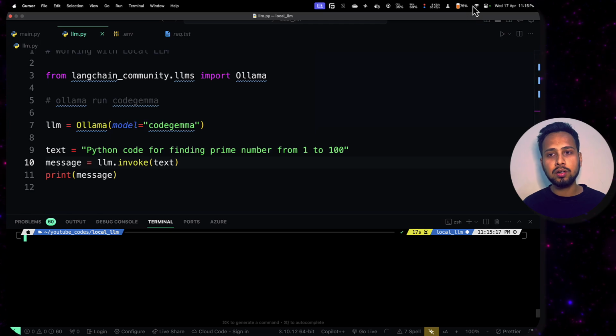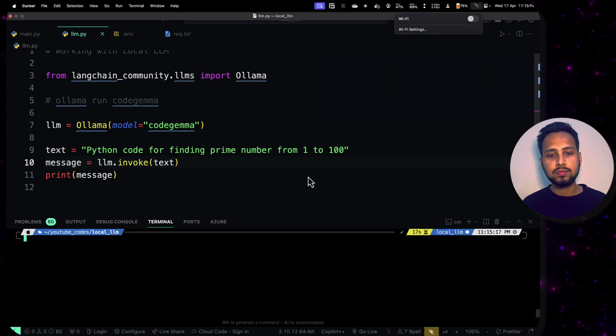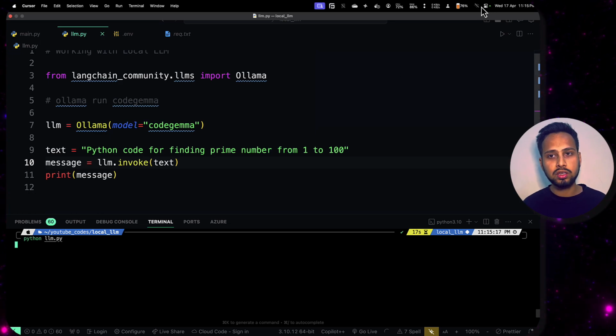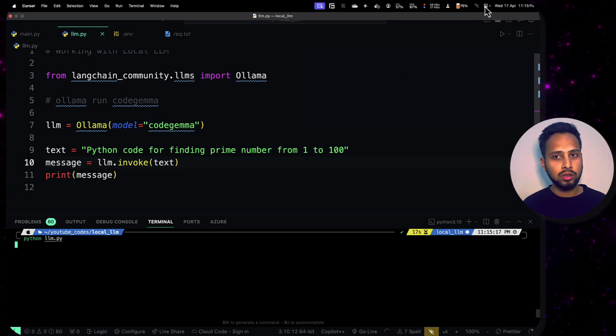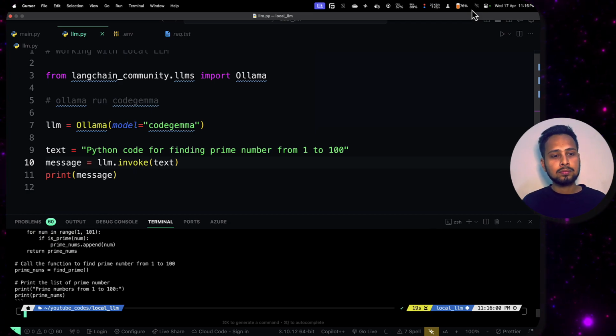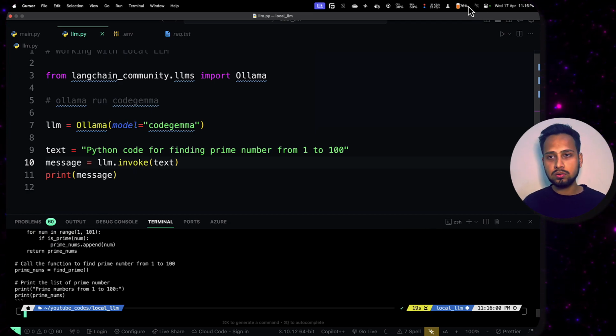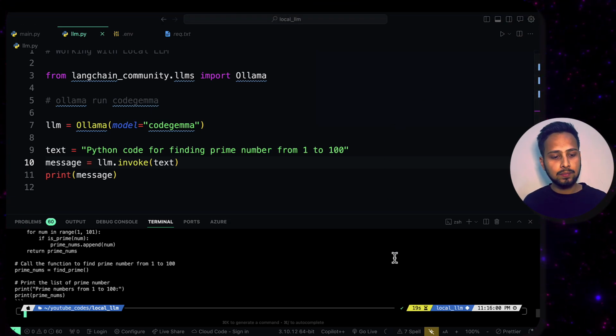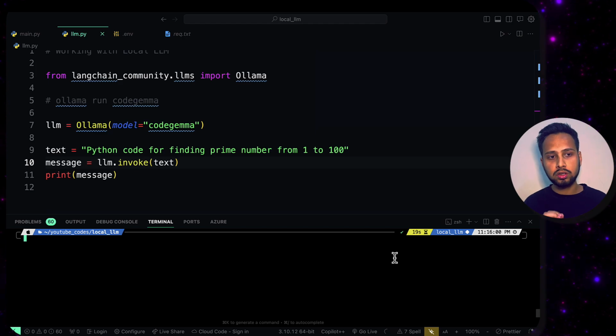And let me also turn off my Wi-Fi. So let me just turn off my Wi-Fi and try to run the code. And here you see there is no Wi-Fi, there is no internet, and let's try to give it a run. So here you see with no Wi-Fi also, it's working because we are working locally. So let's keep the Wi-Fi on, because you should be on the network for the next thing that we will be doing,